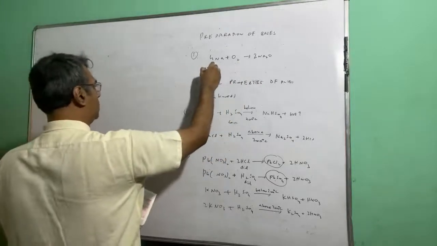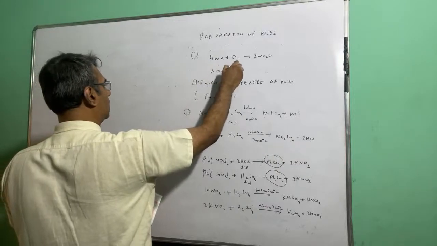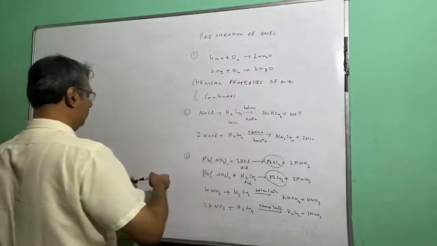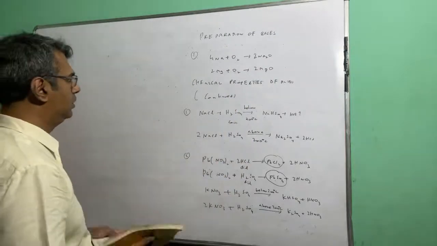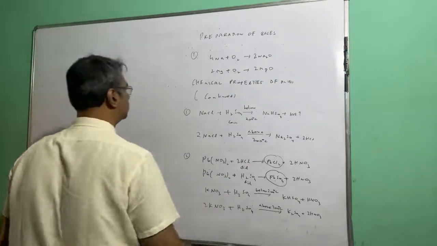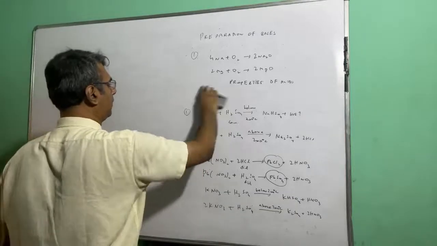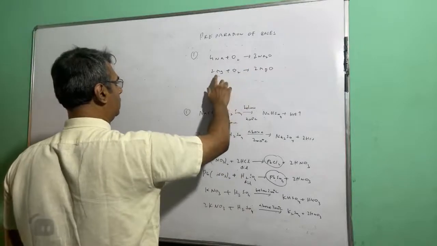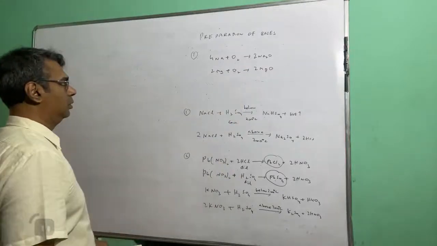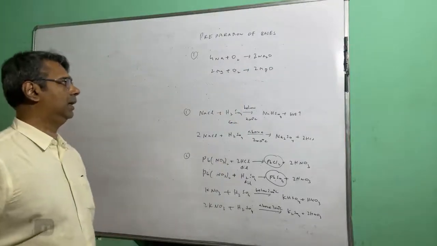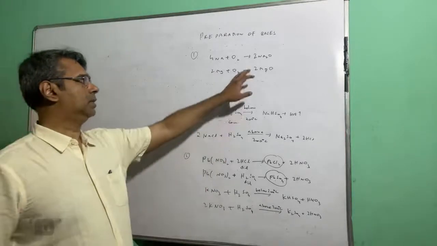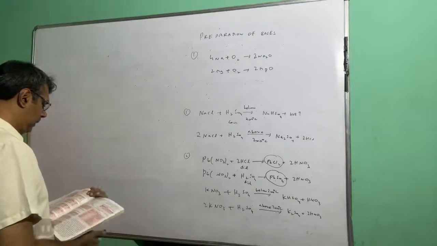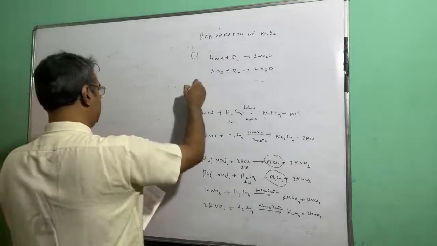So that is one possibility. Then magnesium plus oxygen is MgO, that is possibility number 2. You know that metallic oxides are bases, so you can prepare the metallic oxide and that will act like a base. The second option is